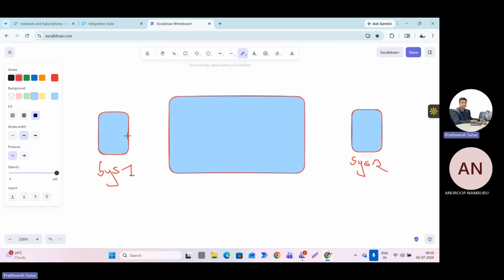Now what we wanted to do: system one is going to send some data to the main integration process. Some integration will happen here. Integration will send data to system two. This is what we wanted to do, okay? Now if you break this down to a micro level,